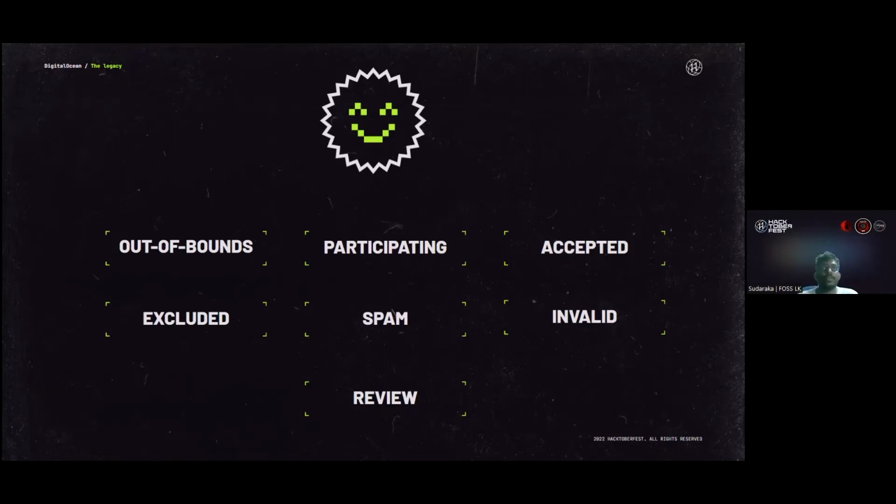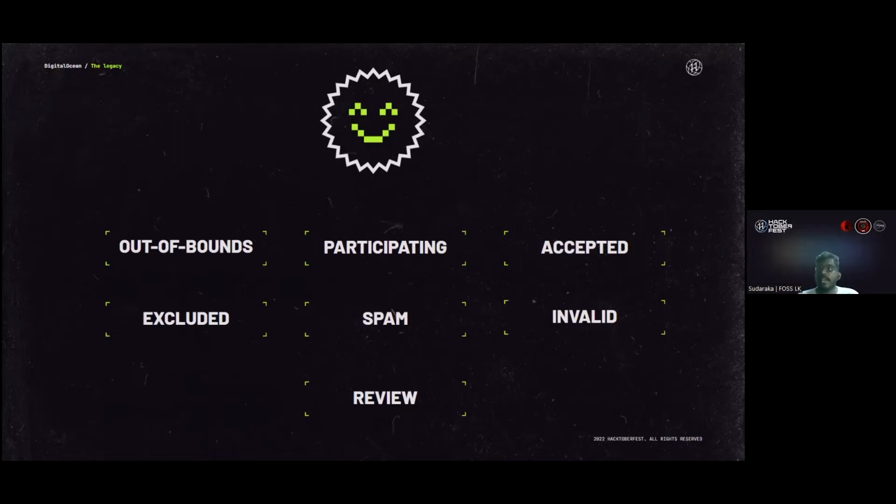Let's say you put some code in a commit and push the changes to the repository. That is kind of spam. Hacktoberfest will also monitor spam pull requests in the competition. So please make sure that you are not doing any spam things to the repository. If the Hacktoberfest team finds you, they will ban you from the competition.